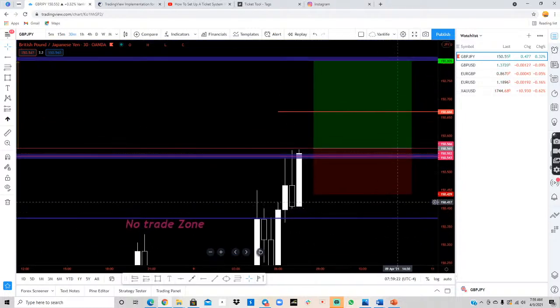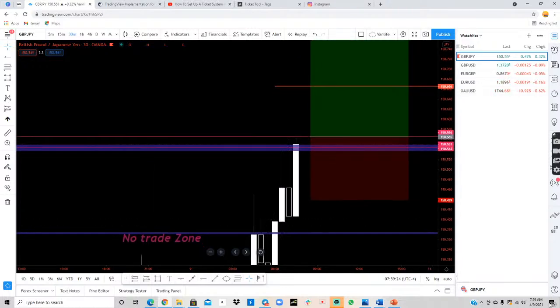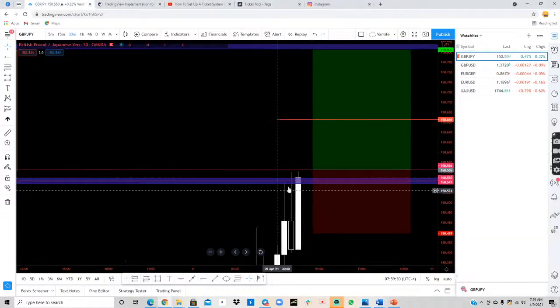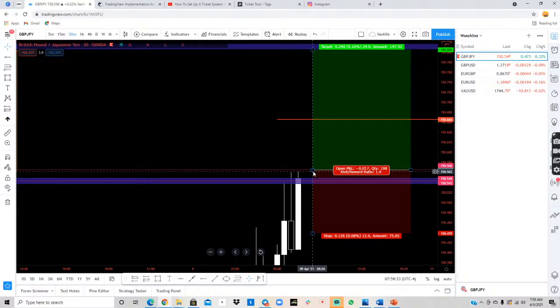All right, so as I can see, we are pushing up. So we have 30 seconds remaining. If this candle closes above, just wait for the new candle to give you a lower wick,